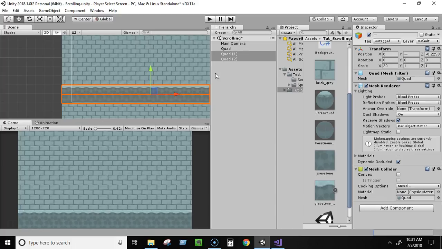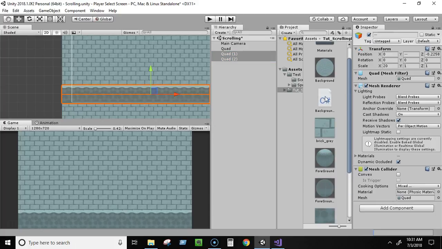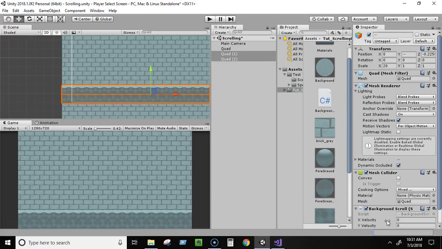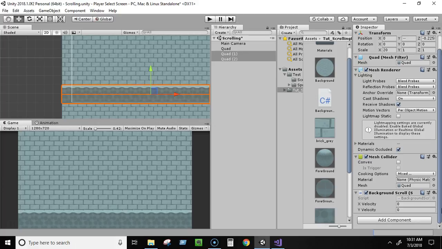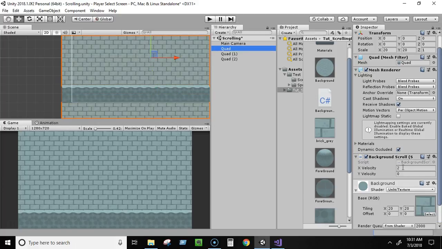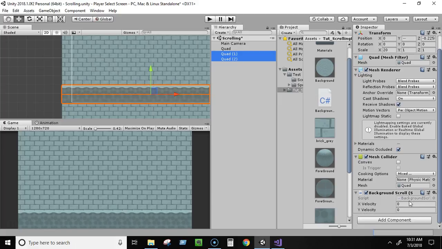Now the only thing that we need to do is select both of these squads and drag and drop our background scroll script to both of them. And previously in our first squad we had the X velocity to 2. So in both of these squads we're gonna set the X velocity to 4 so that it looks like it moves faster. So now if I go ahead and run it,